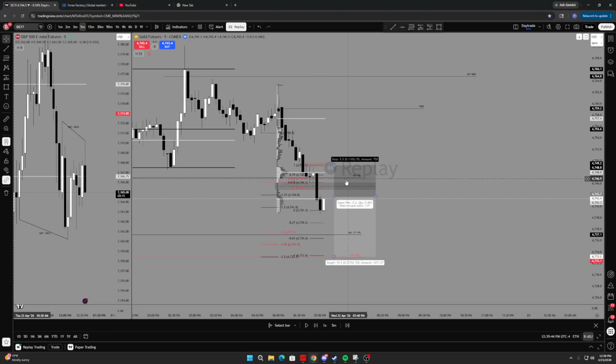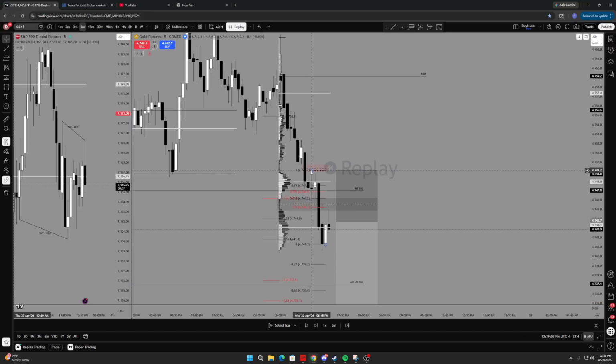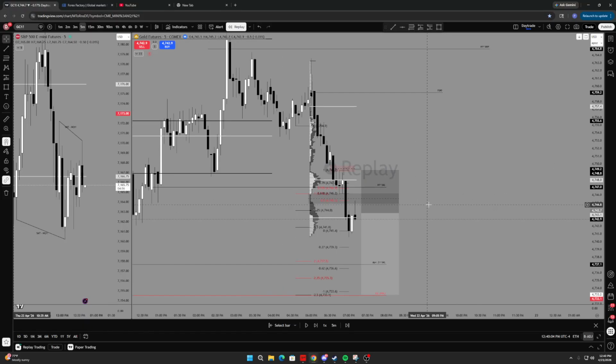And now I want to see, okay, what happens if we end up retracing into this gap. So boom, we come up into this gap here, as you can see. Now I have fib levels here from the high to the body's low right here. So you can see on the fib, we wicked into equilibrium pretty much perfectly. I was contemplating taking entry there with a similar stop,